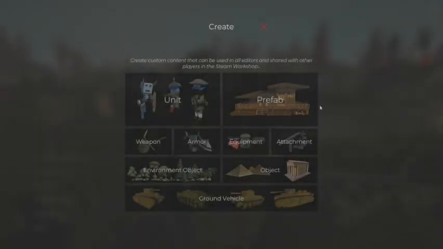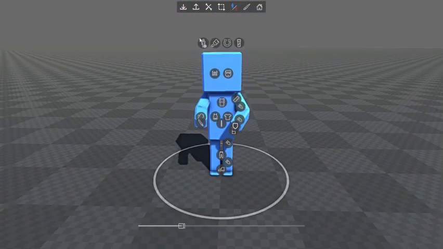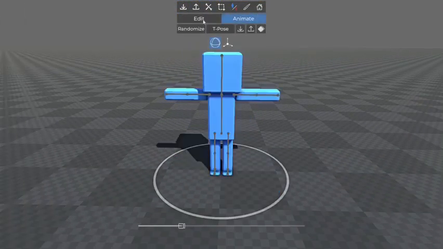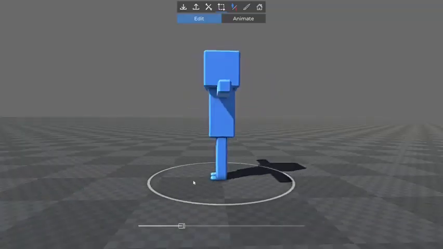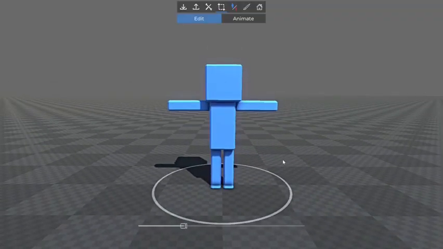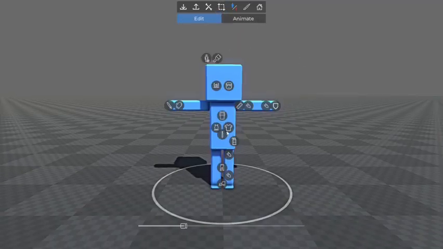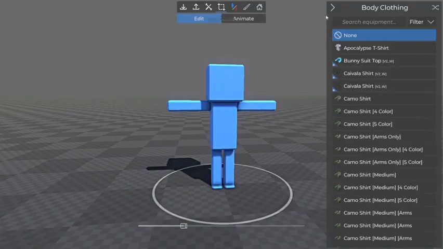So recently I had requests for designing units. So I'm gonna teach you how to make okayish looking units, I'll say, in AW3. First off, we'll start off with